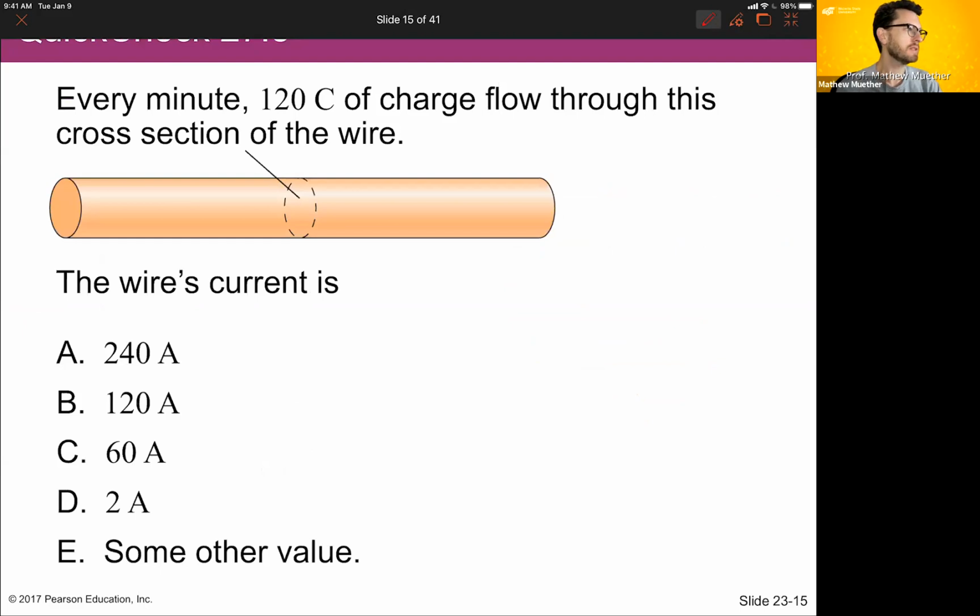What about this guy? For every minute, I'm looking at a fixed position on a wire, and I see 220 coulombs of charge flow through that cross section. What's the current flowing in the wire? Okay. Most of you selected